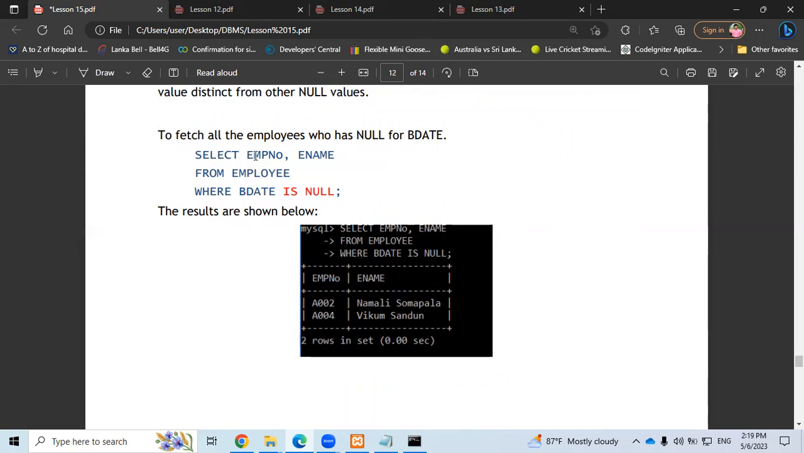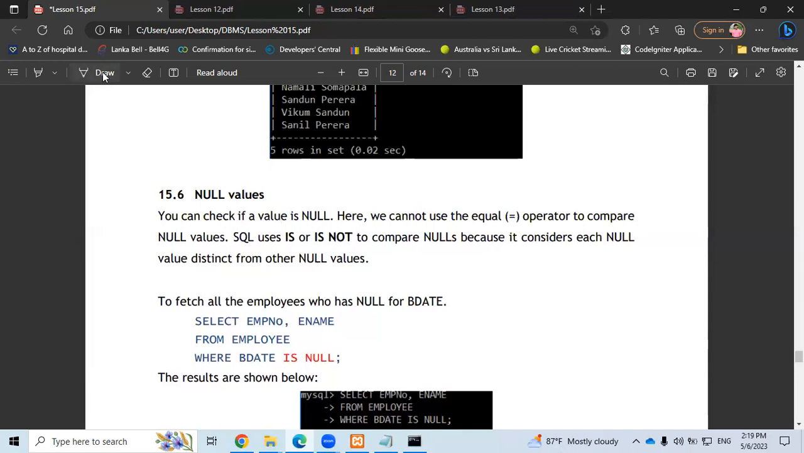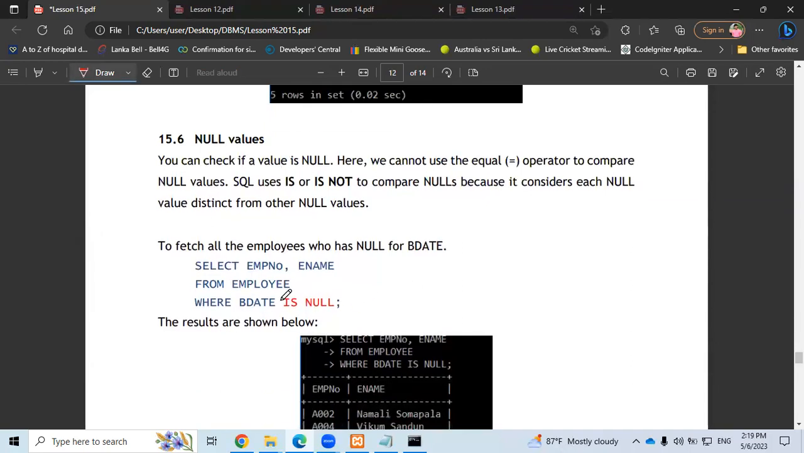So let's see, select employee number and employee name from employee where their birthday is null, or where their birthday is not null. You can see here what I talked about earlier. This cannot be birthday equal null. This is birthday is null. Okay. IS or IS NOT. We can say IS NOT NULL or IS NULL. Okay, let's